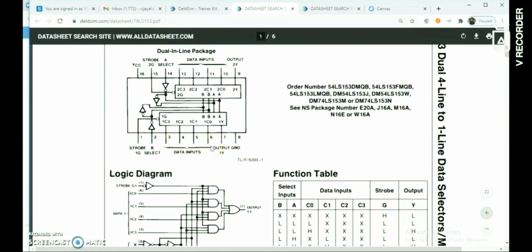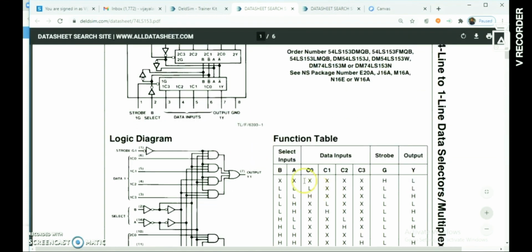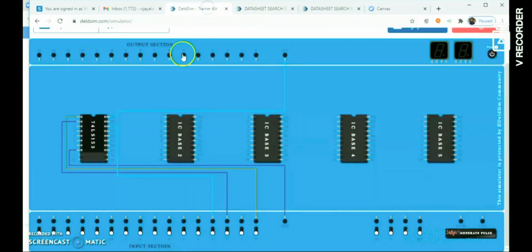Now we'll check for the data inputs. Pins number 3, 4, 5 and 6 are the 4 data inputs. Pin number 6 is my I0, which we can call D0, next is D1, D2 and D3.